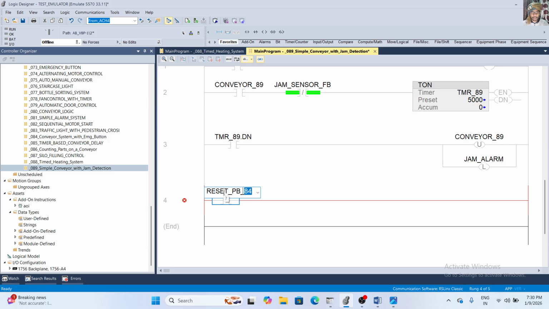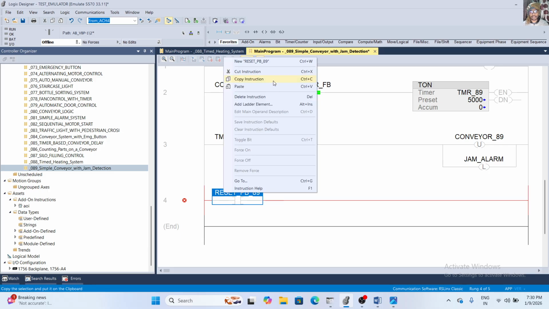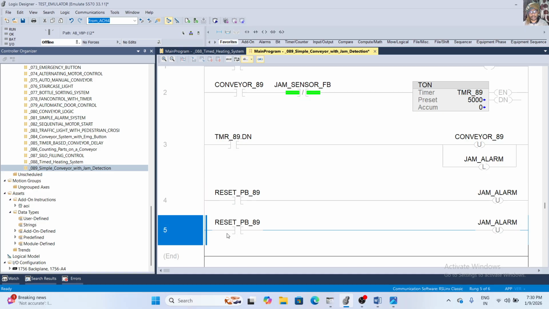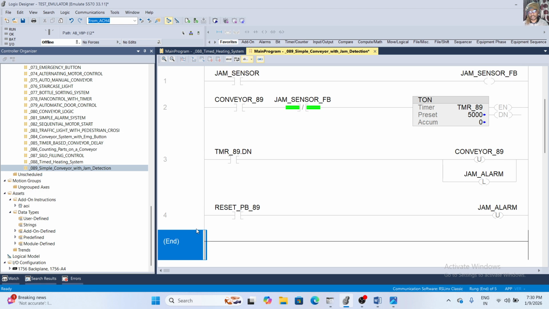Understand? Then it is going to unlatch the jam alarm, and the reset PB is also going to unlatch the conveyor. You also have to take Control C, and it is going to be the stop PB, but its requirement is not there, so I have to delete it.